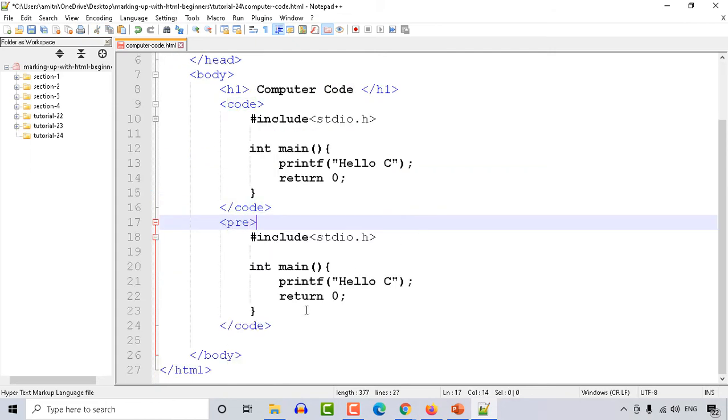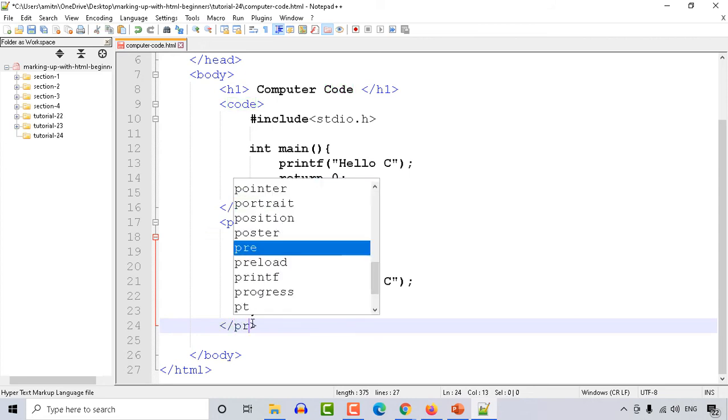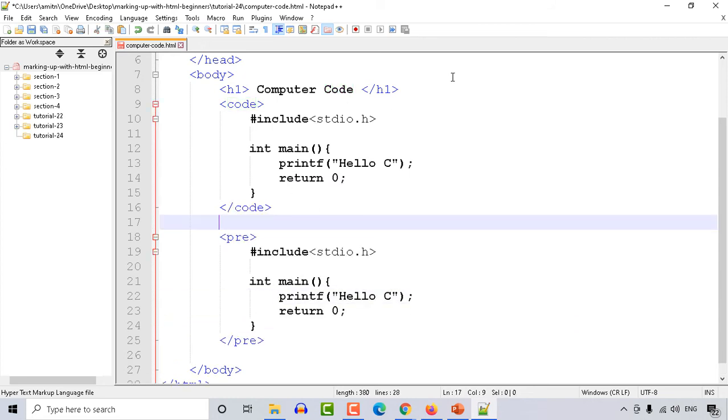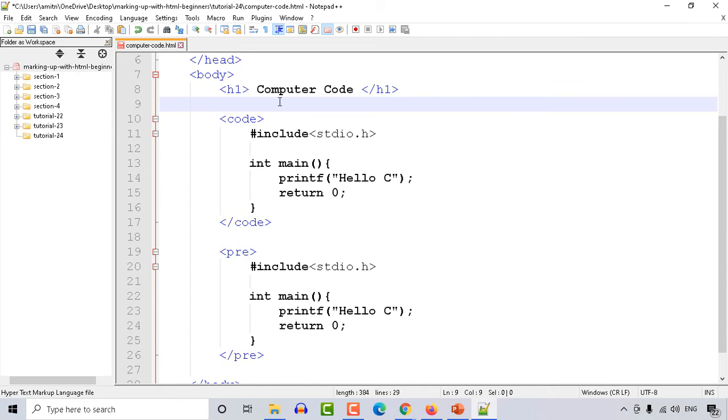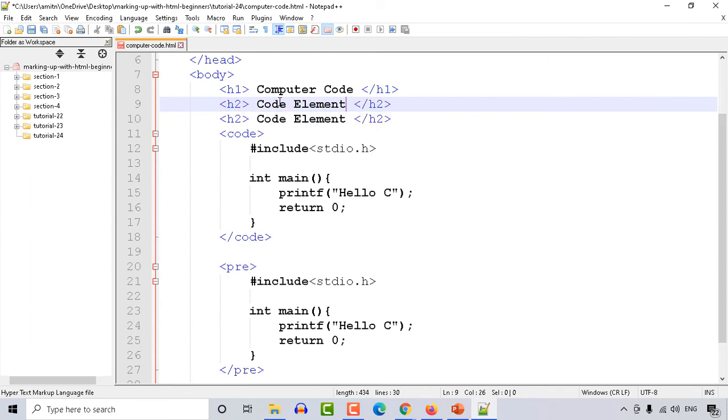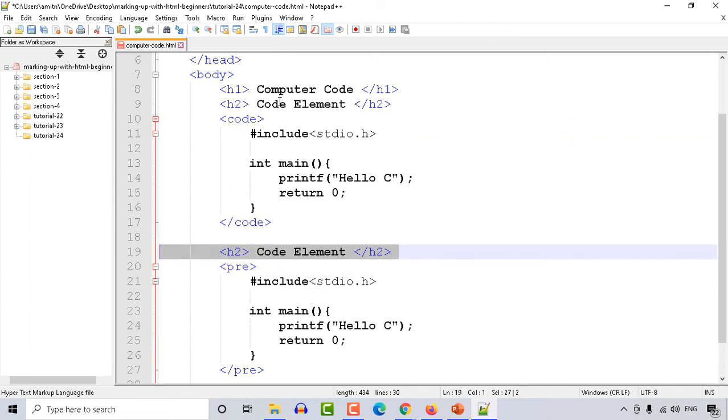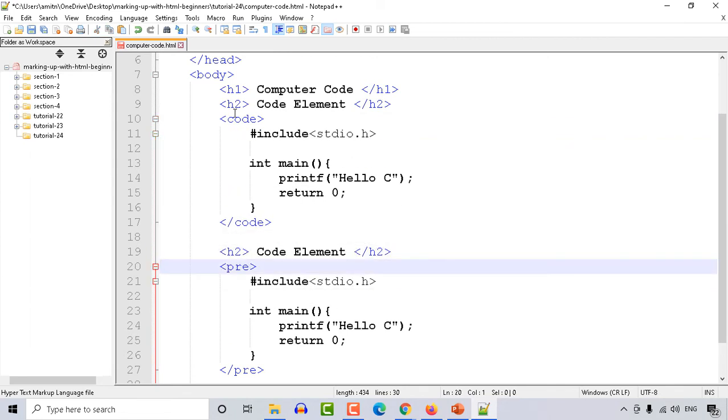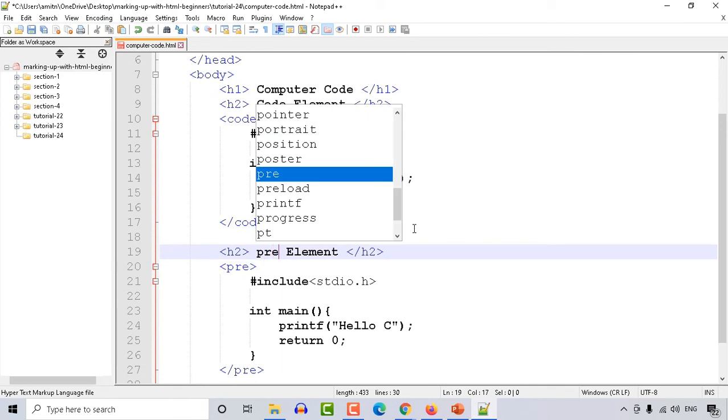And this one I will keep in a pre tag. I hope it would be clear, but let me use some subheadings to represent which tag I have used. So this is the code element. This is the pre element.